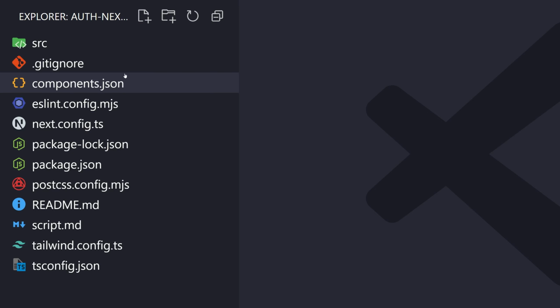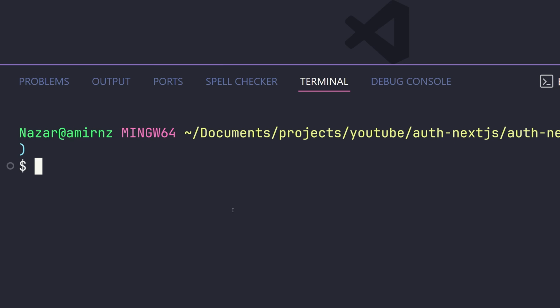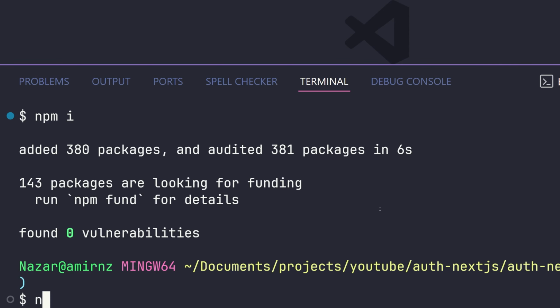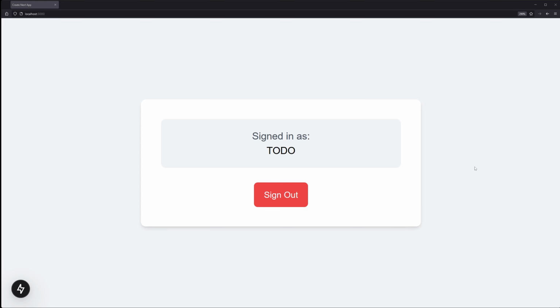After cloning the repository, just open the terminal. Make sure that you at least have Node version 20. Here I'm using 22. Then install the packages using npm install. Perfect. Now type npm run dev to start the development server. Now if you open your browser on port 3000, you see a very simple starting point for our tutorial, which we are going to add functionality to later and show the signed-in user email here instead of